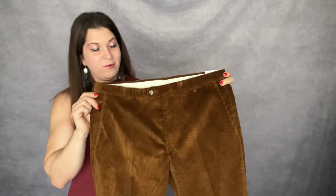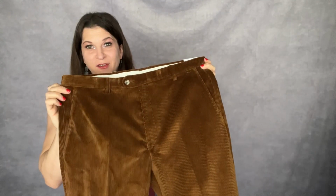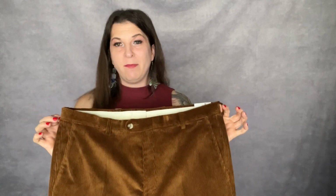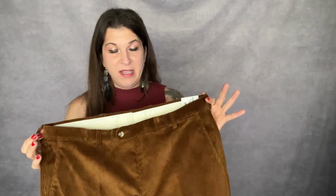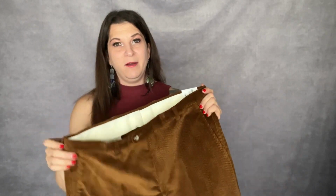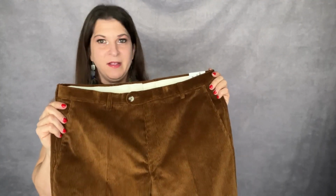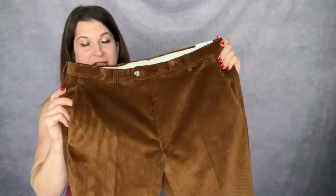And the last item for today is our famous Duca Visconti Chestnut wide wale corduroy. I believe that this is the end of all the fabric. I think I have enough corduroy to make one more pant, so depending upon when you're watching this video, we might be able to make it. But even if we don't have this exact fabric, they stock stuff at Hickey Freeman, which is really similar in color, tone, and vibe. And I just want to endlessly advocate for how great wide wale corduroy is, especially as